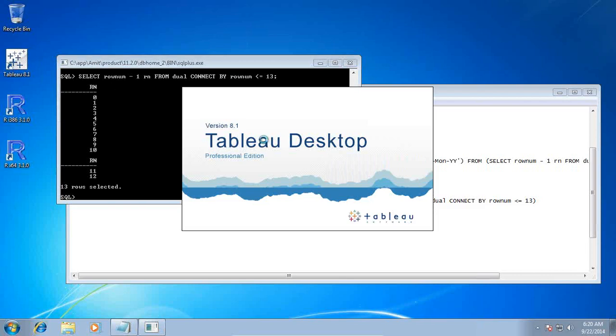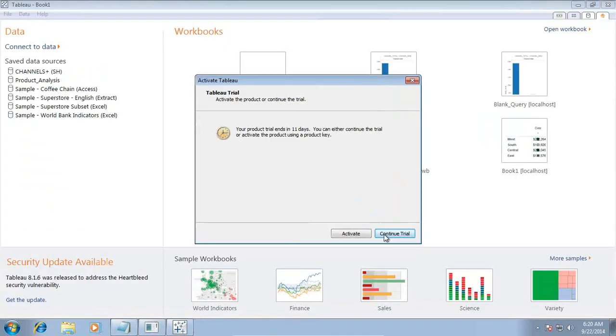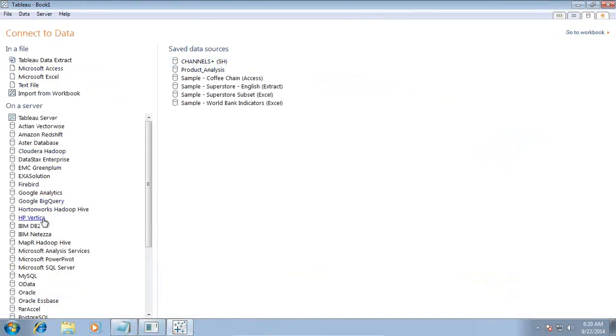I'll use the data source Tableau 8.1. I'm using it, and the data source is Oracle. In the whole data model, for the sake of simplicity, I'll use one dimension called promotion, and my fact is sales fact. I'll create a new database connection. My data source is Oracle